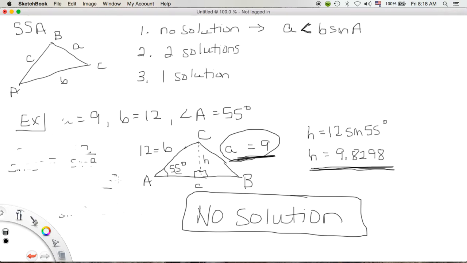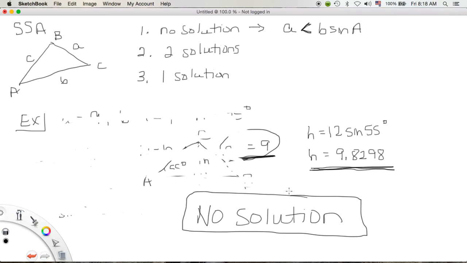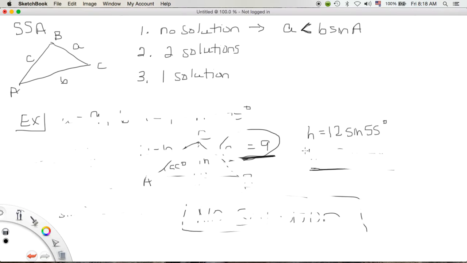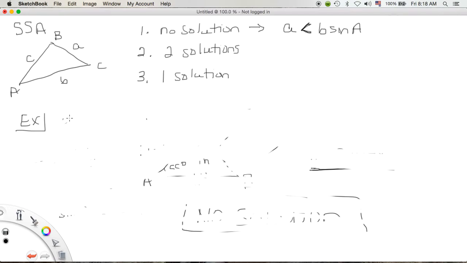situation? What about two solutions? How do we know that happens? Well, once again, we're going to be looking at the height of the triangle that we're trying to make and see if that works. So when we are given information on a triangle, for example, if we're given